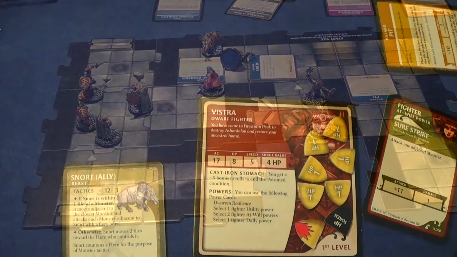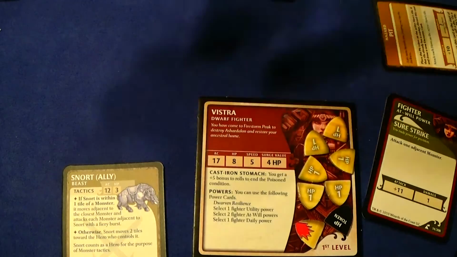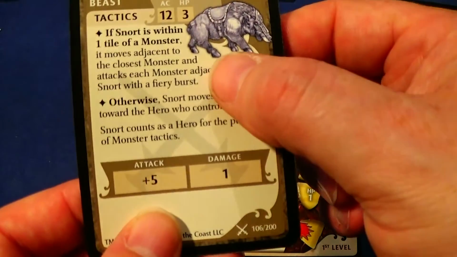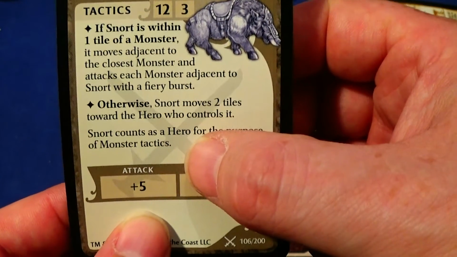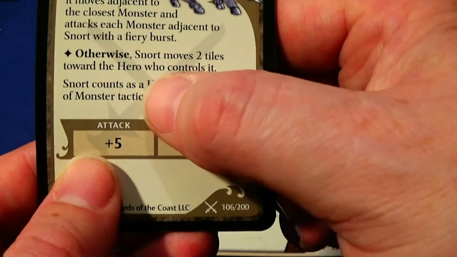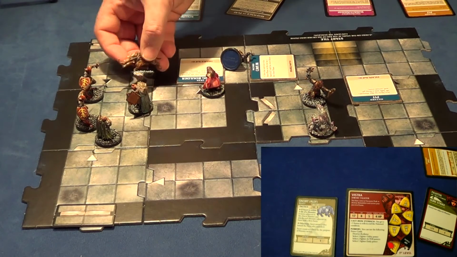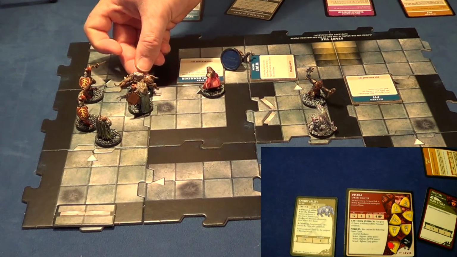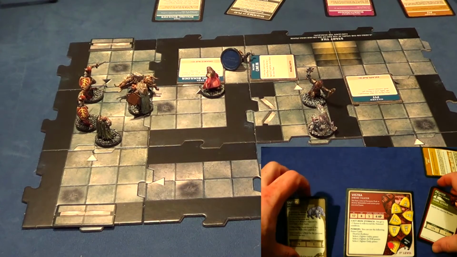Now it's the turn of Snort. Snort moves 2 tiles towards the hero who controls it. So, just looking here: Snort within 1 tile of a monster, it moves adjacent to the closest monster and attacks each monster adjacent to Snort with a fiery burst. Not within 1 tile of a monster, unfortunately. Otherwise, Snort moves 2 tiles towards the hero who controls it. So it comes in there, right beside Vistra, who unfortunately